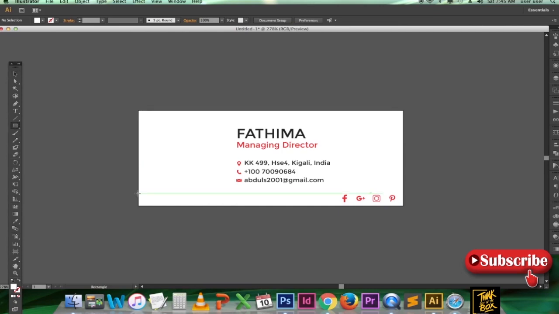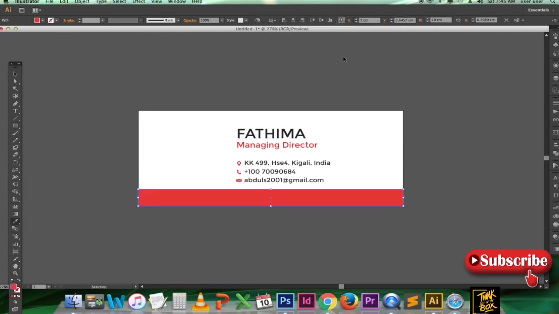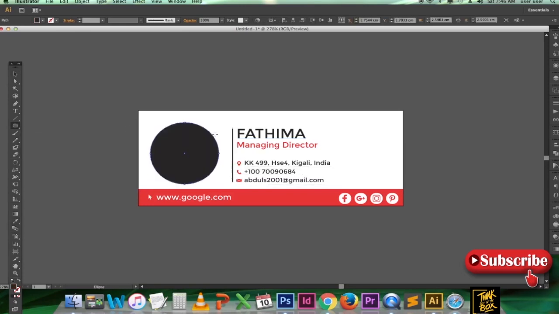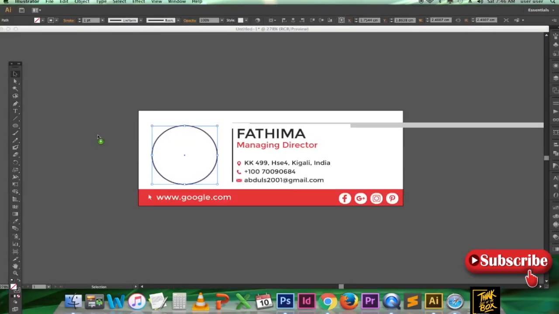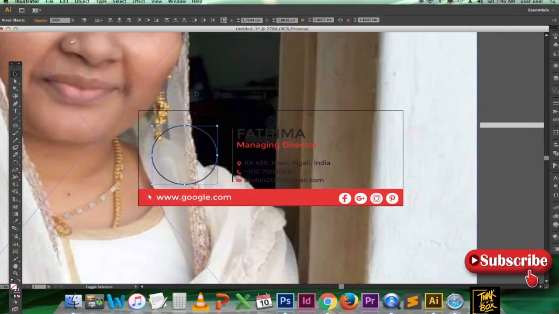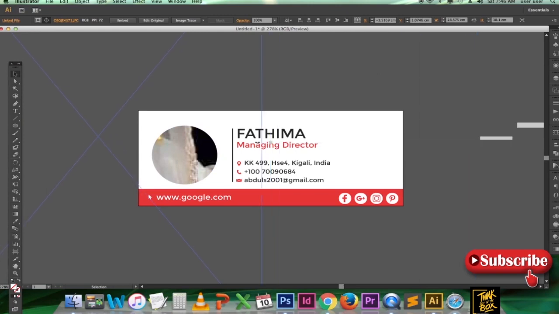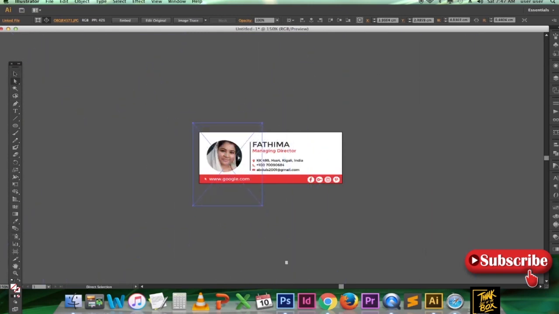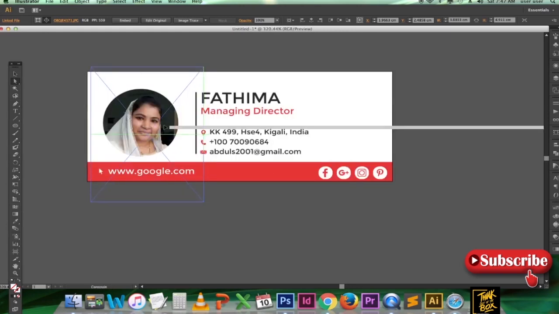I just typed all the information and some social media icons, whichever you want to link to click. Just arrange it as you want. If you want, you can use your pictures. If you don't need that, you can also use the logo, whichever the client needs. Once you've done your custom design, you have to go to Photoshop.